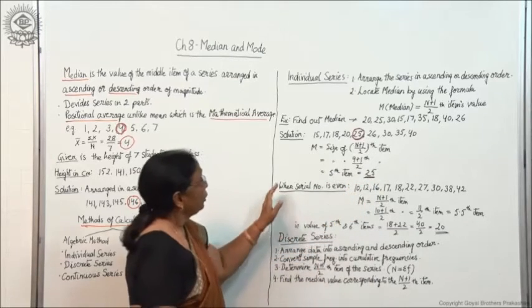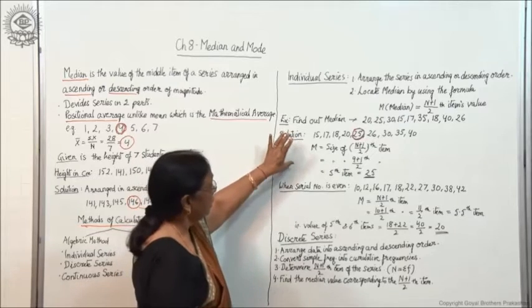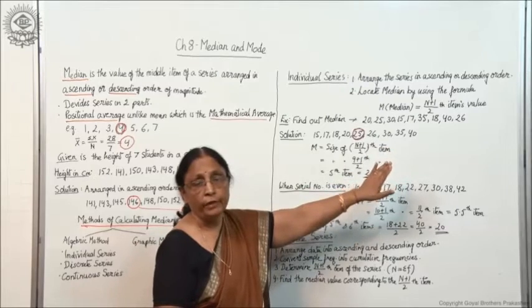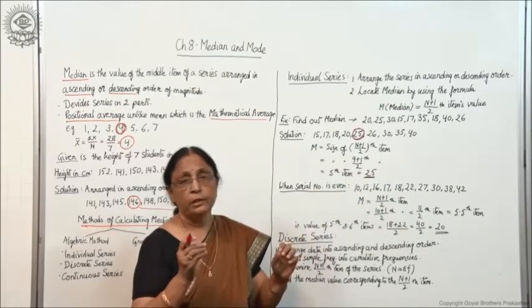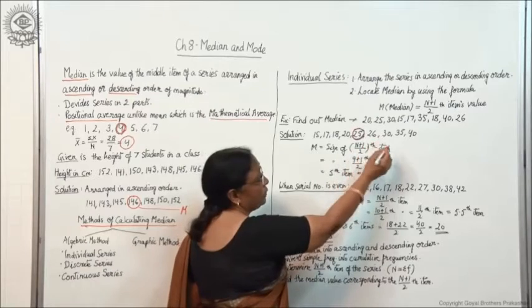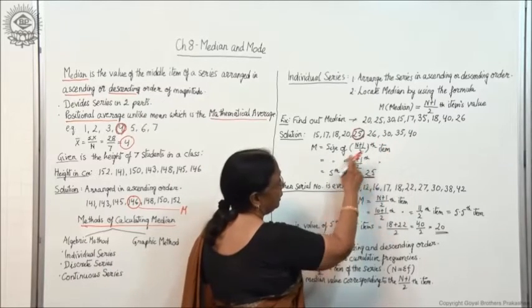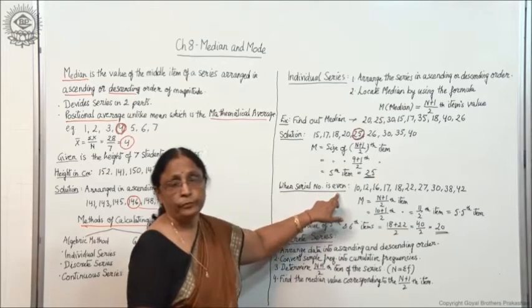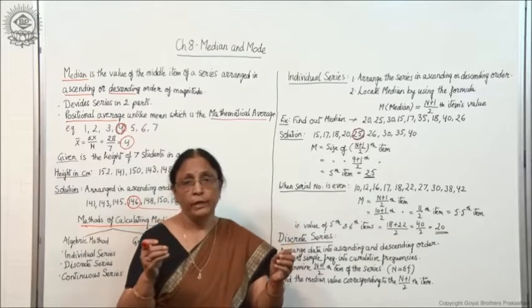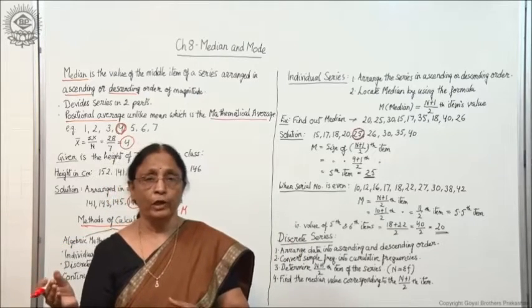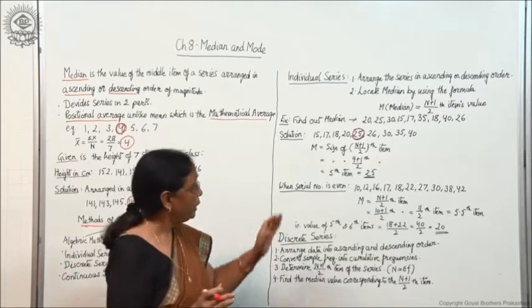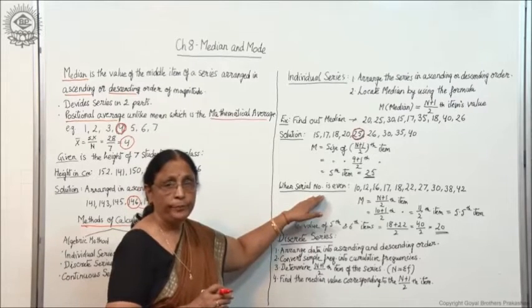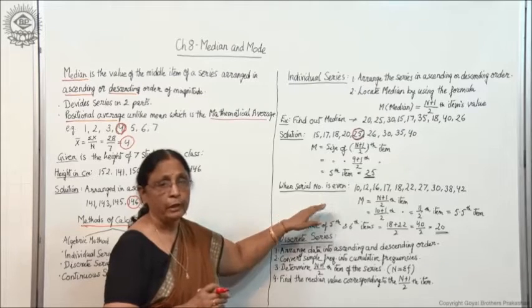Right? Now this is the case I have taken when an odd number of figures is given. Odd means the total number is 9, that is not an even number, and then you get the 5th item. Now when the number is even, that means the figures given are 8, 10, 12, 14 and so on, how to calculate the median, I will explain with the help of an example.